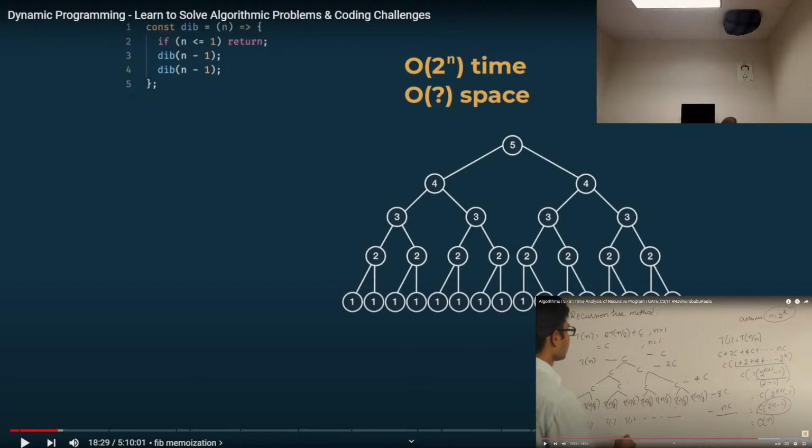How many steps you will get? For every step, it increases by